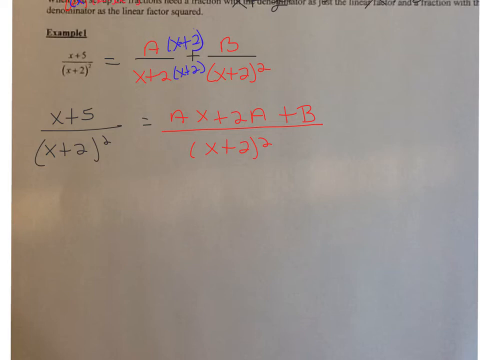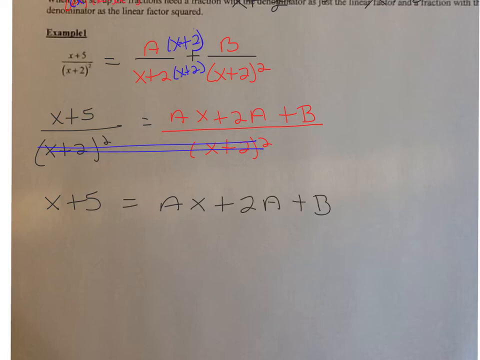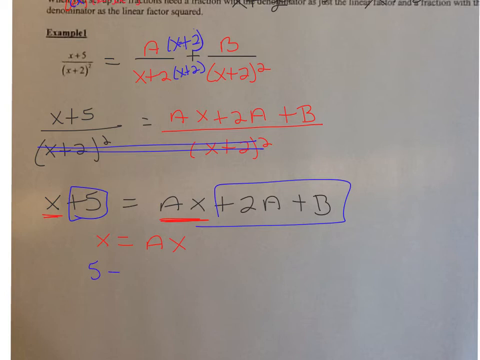All right, so I can now not worry about the denominators here. Since my denominators are equal, I just have to get my numerators to be equal. So I know x plus 5 has to equal ax plus 2a plus b. So I'm going to take my x and set it equal to ax, since I only have one term that has an x. And then I'm going to take my 5 and set it equal to the terms that don't have the x. So it's 5 is equal to 2a